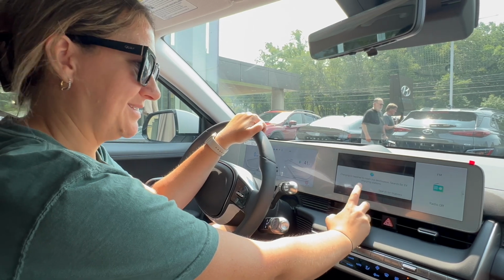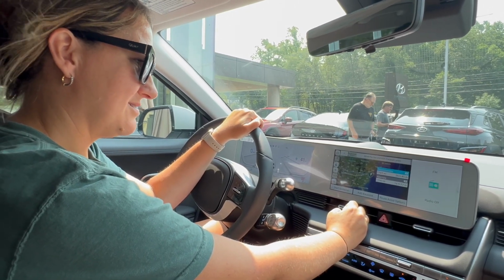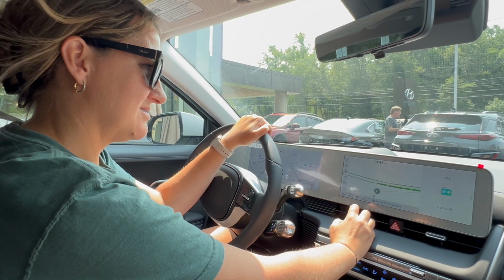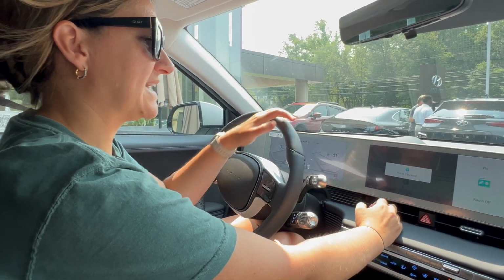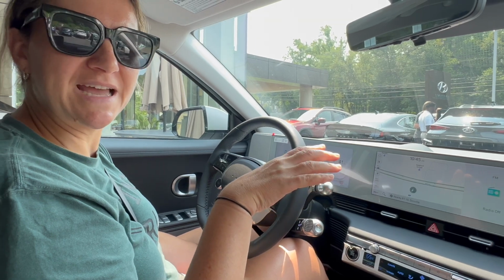Okay. I'm going to hit okay. I bet it doesn't have... Yeah, it's not going to give you charging. It's not giving you charging. So that's the problem. So you have to use a better route planner. Yep. That is major points off. Granted, we're not doing this for long road trips, but that is...